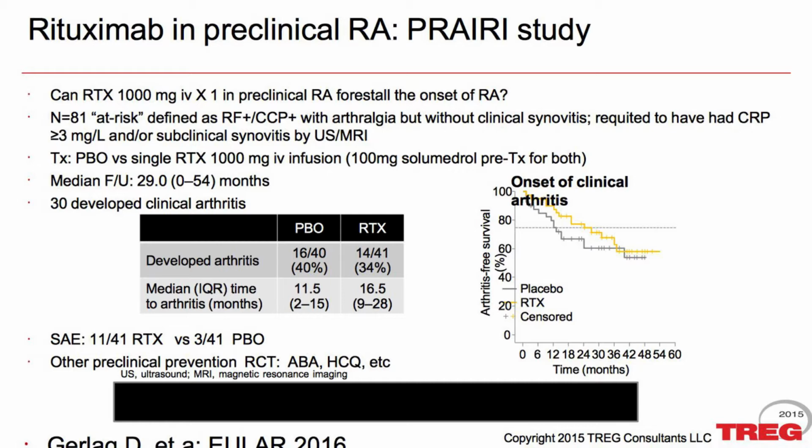either get a single dose of Rituximab or placebo, you had to have arthralgia and be seropositive, and then either have a slightly elevated CRP or subclinical synovitis. Not many had the ultrasound synovitis, most were the CRP, and they randomized 41 and 41. One patient dropped out, and you can see what happened to those people as far as the onset of developing